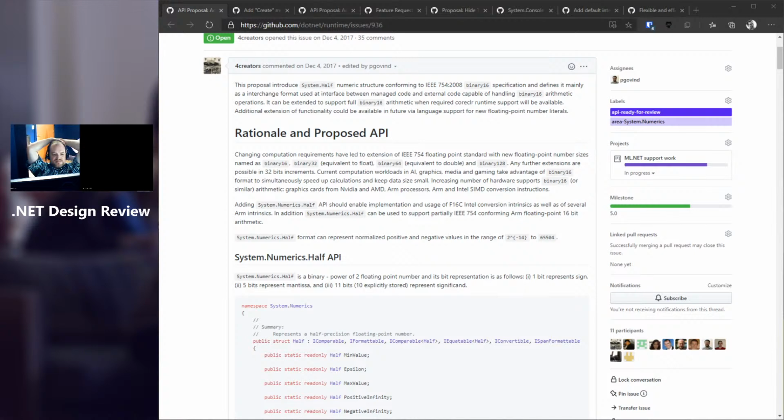They may be added in the future. So let me ask you this. Presumably it has... So you don't have addition and subtraction? Correct. The people who currently need this are people like TensorFlow Sharp, ML.NET, etc., and they're going to be using it as an interchange type. That is, the data is stored on disk as half, and they need to convert it to single, where they will do their operations, and then they will convert it back before storing. The entire purpose of the type as an interchange format is to save space, because it's half the size of